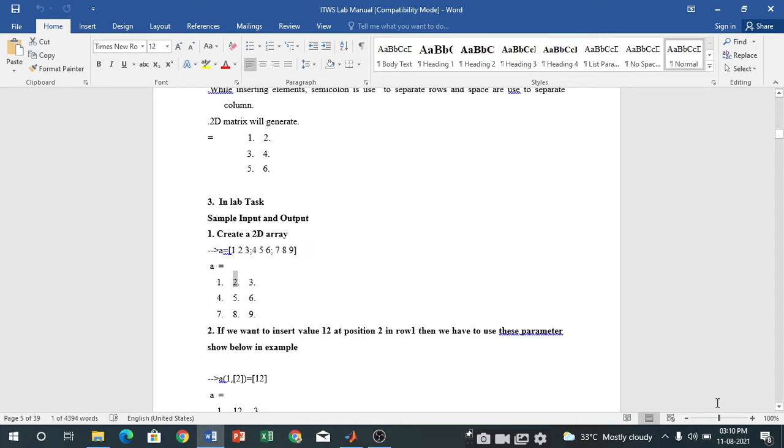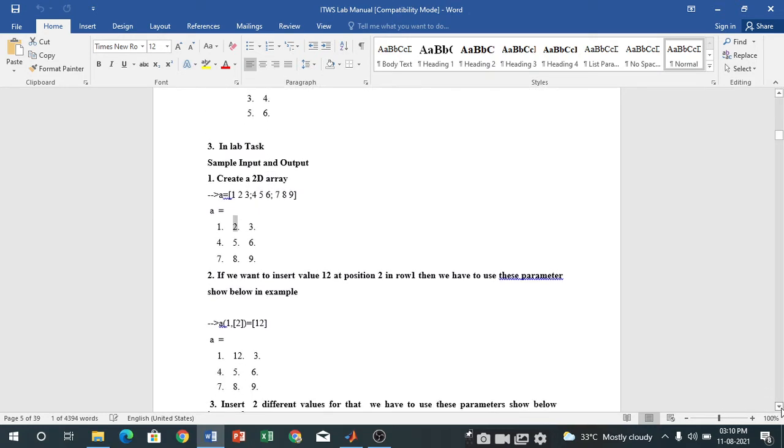In a(1,2,) the 1 describes your row number, and 2 describes which element you want to change, alter or update, and 12 describes the value to be inserted at that position in the array.